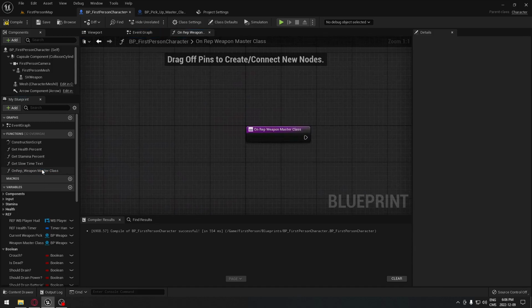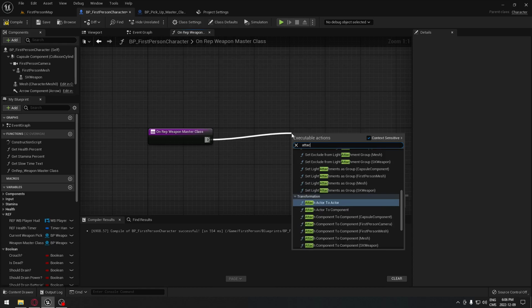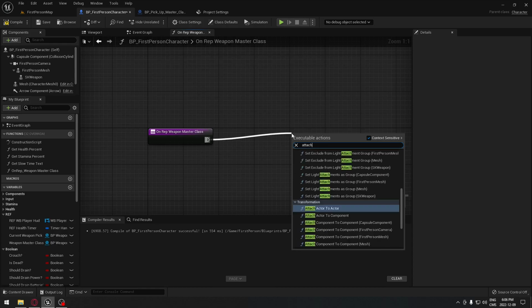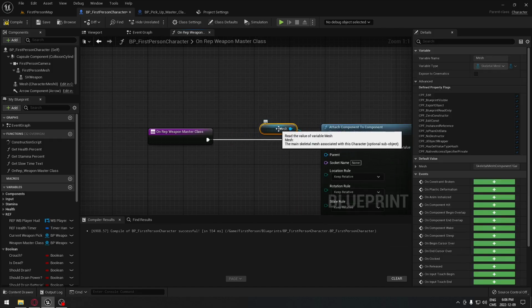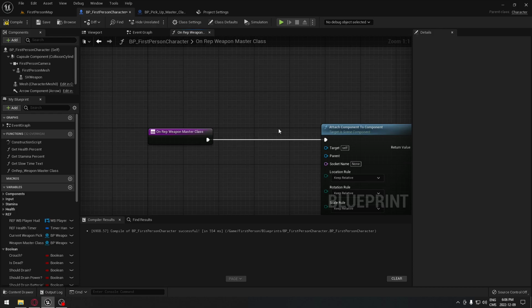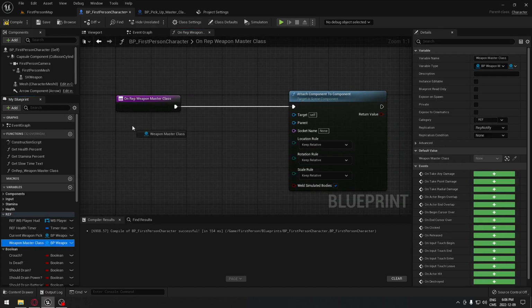So we're going to open it, and in here, it's going to be simple. We're going to drag from that, and we're going to do attach, not attack, but attach component. We're going to take the one for mesh, and the target will not be this one. So we have our weapon master class. We're going to take our weapon master class,